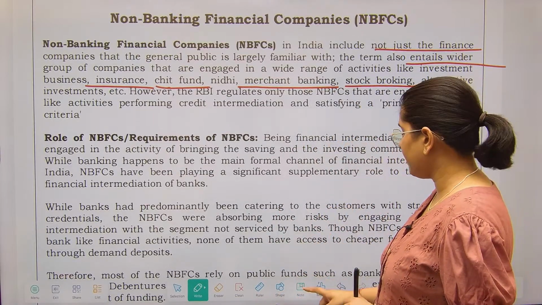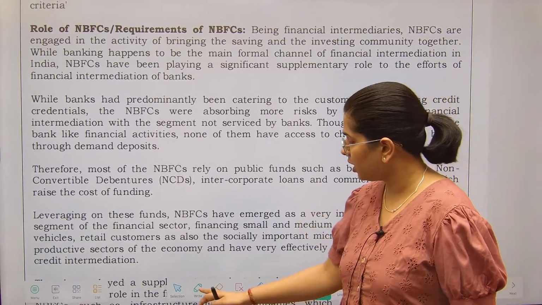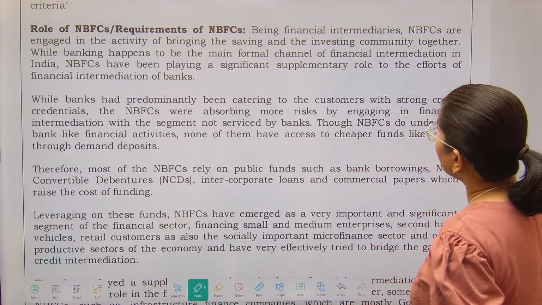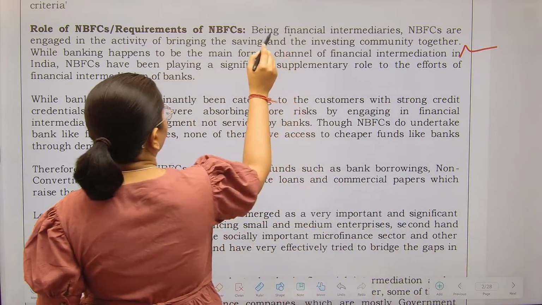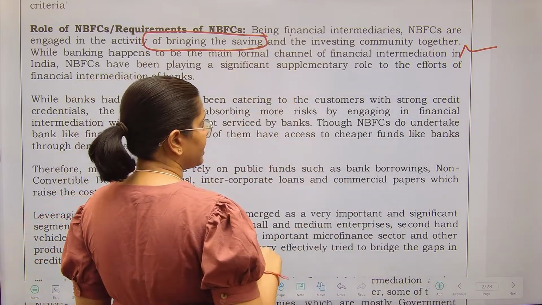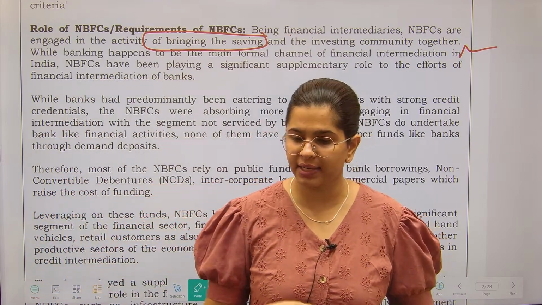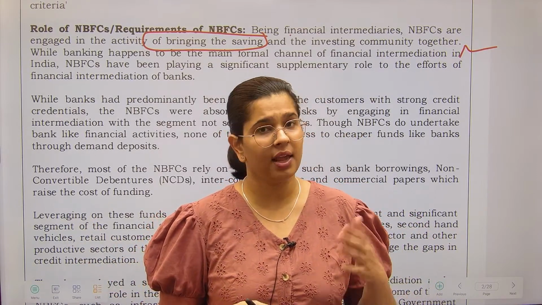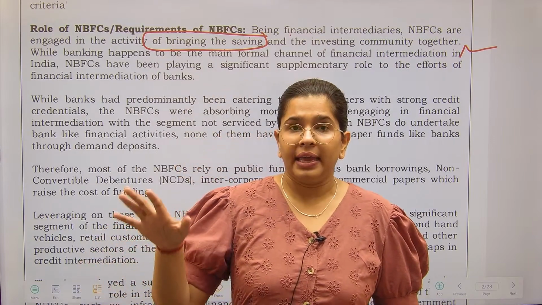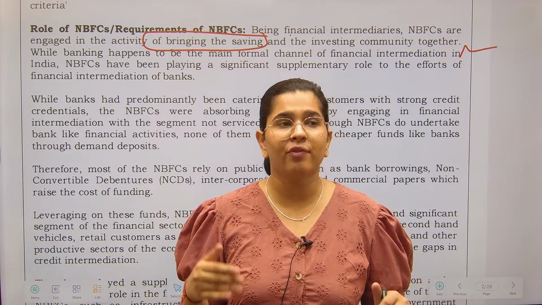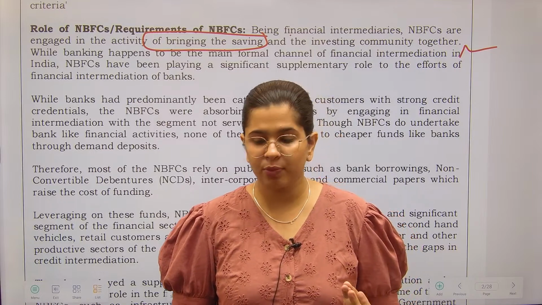Now, what is the role of NBFCs or the requirements of NBFCs? We'll see it one by one. So being financial intermediaries, the NBFCs are engaged in bringing the savings and investing community together. See, a bank is acting as an intermediary where it is collecting the demand deposit and then giving the loans. The same is not the case with NBFCs. NBFCs take the savings that are in the market. अब वो savings not necessarily in form of demand deposit, right? That savings could be in form of other